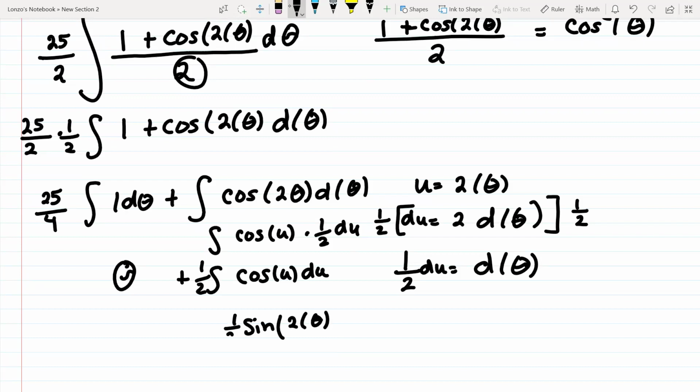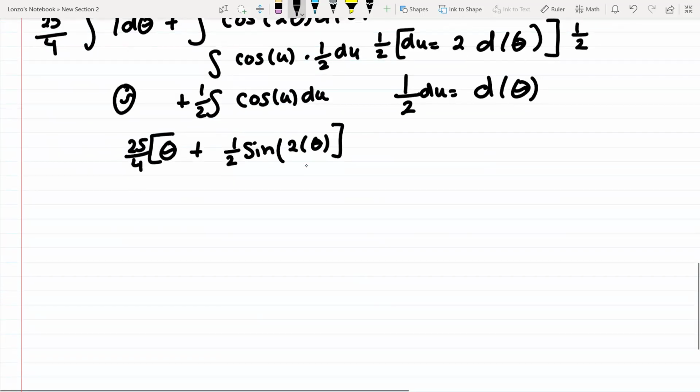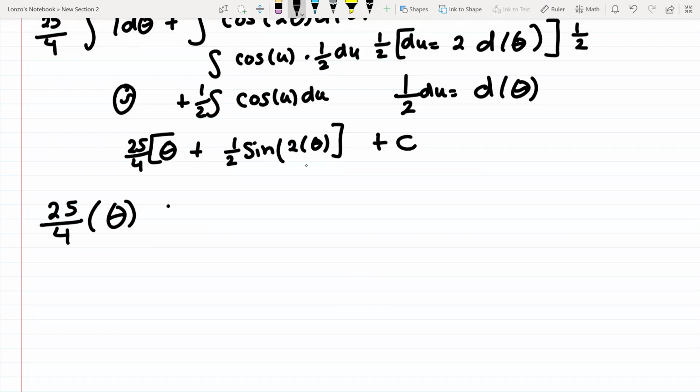And then you still have this 1/2 plus this theta. And remember, we took out a 25 fourths. So if you want, you could FOIL that out, and don't forget the plus c. So it would be 25 fourths theta plus 25 fourths times 1/2, that's 25 eighths of sine of 2 theta